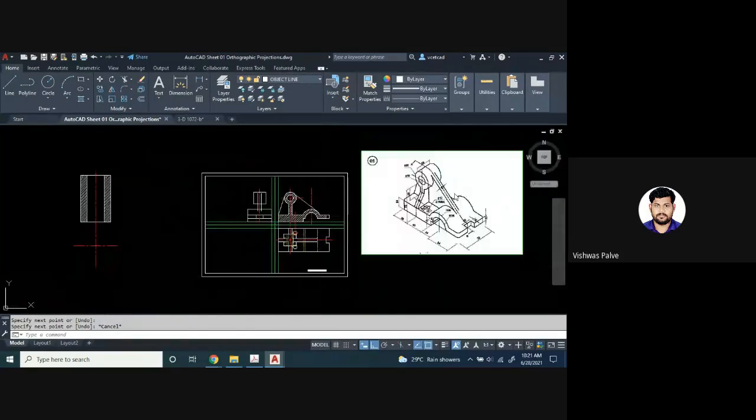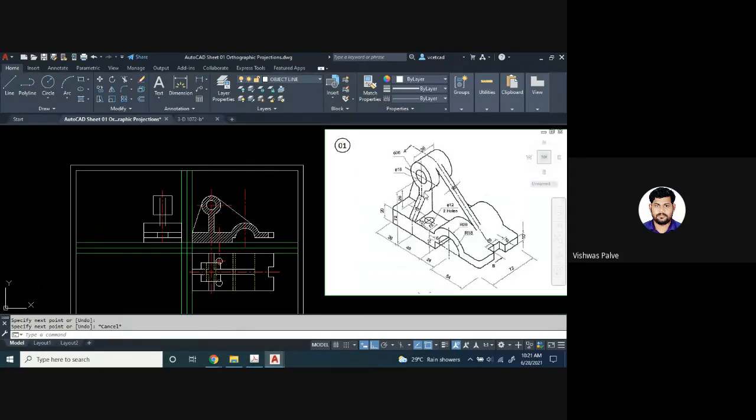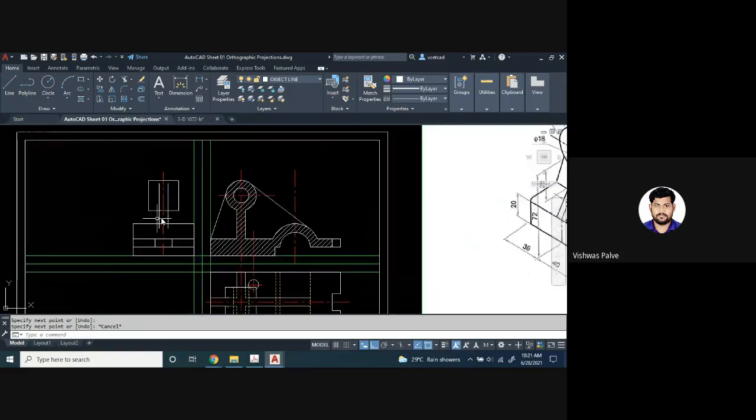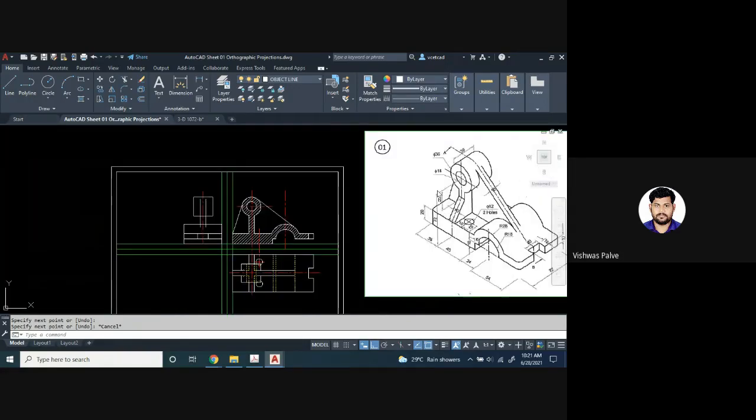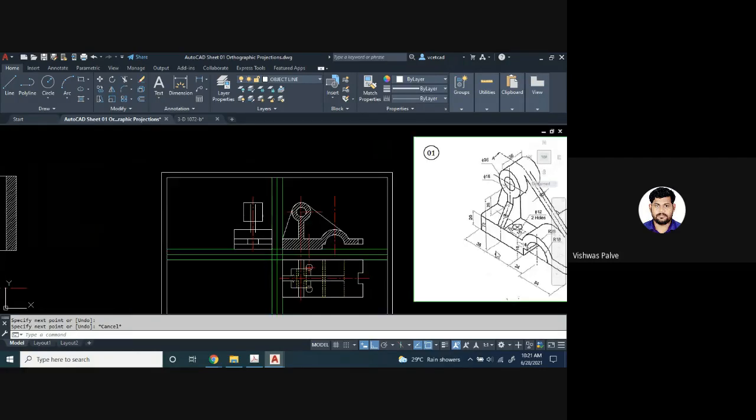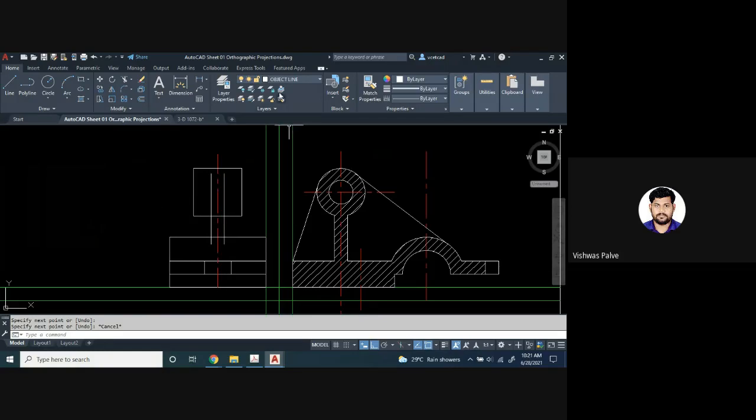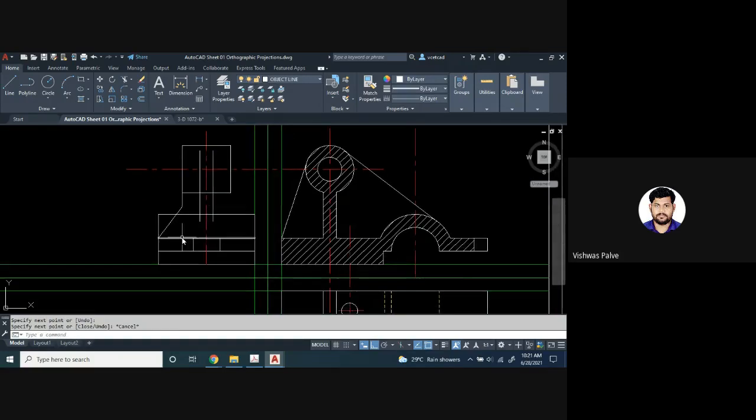Now, after drawing this rib, I have drawn this cylinder, I have drawn this rib. I will draw this horizontal rib, vertical and inclined, 10 mm. For drawing that, when we draw from center, it is at a distance of 28 millimeters. So first I have to take that 28 millimeter from the center. So I will just extend this center line. L enter. From the center, I will take 28 millimeter. Here it is, and then you have to merge it with this edge. This portion you have to merge.